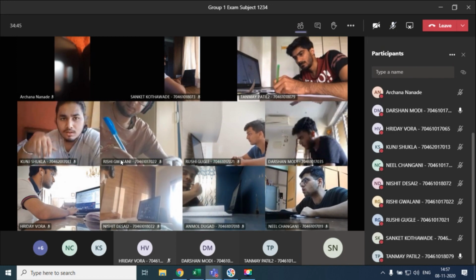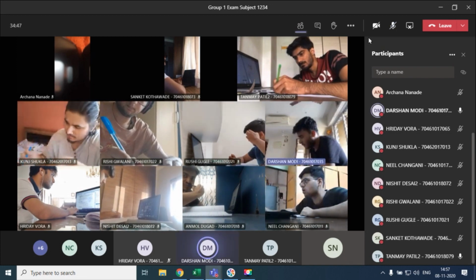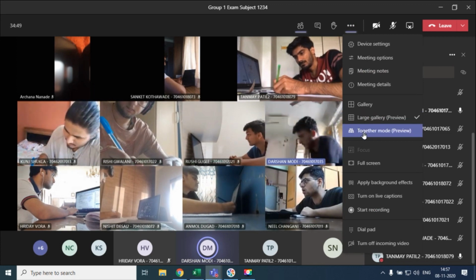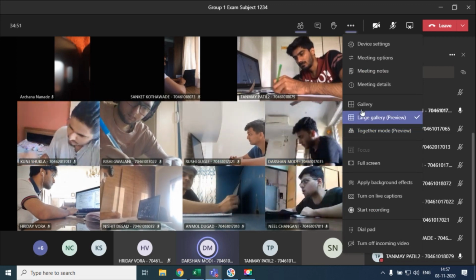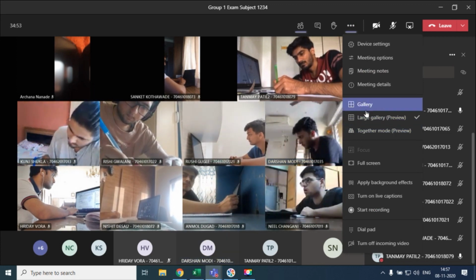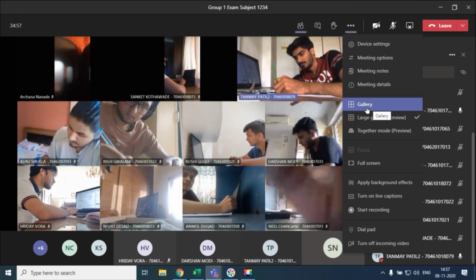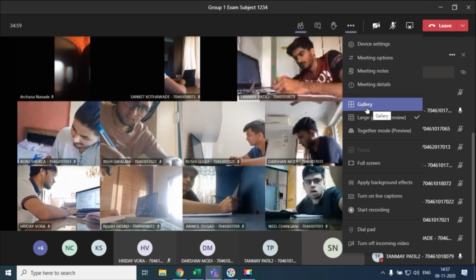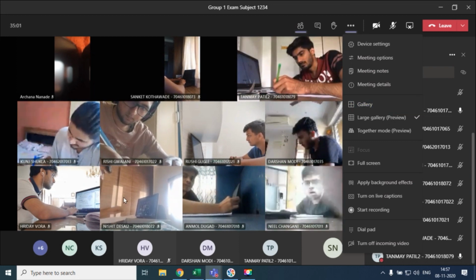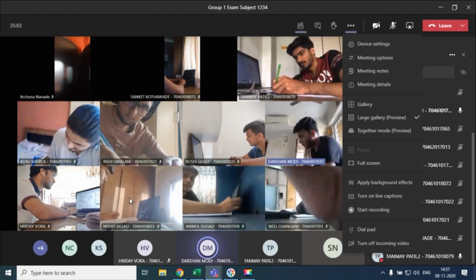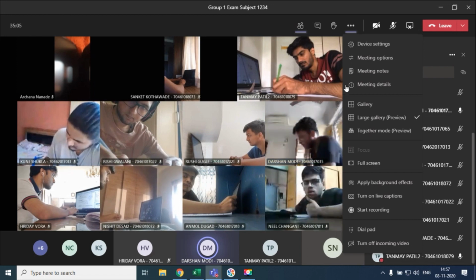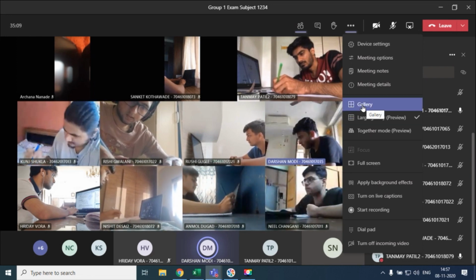So here we might be needing to toggle between these two. That is why I did share both the things, gallery and large gallery option. In case of gallery, we have an added option to pin and check. So in case of gallery mode, we will be directly having the view.